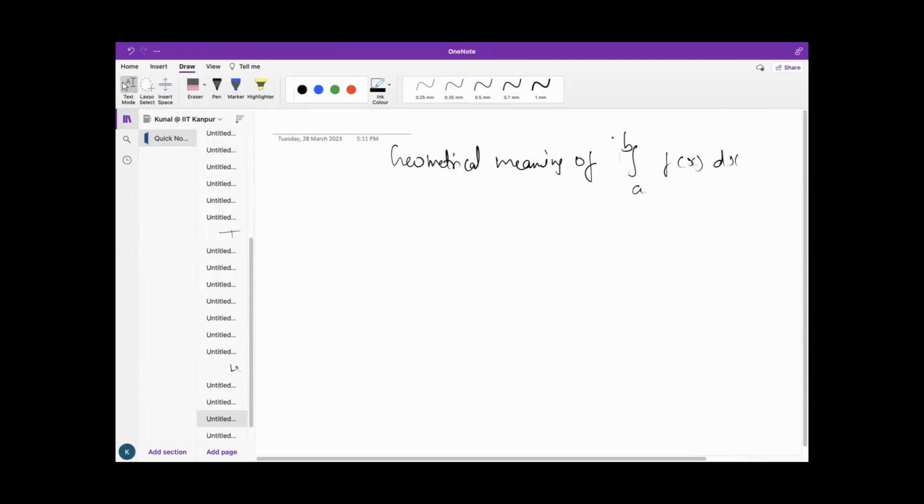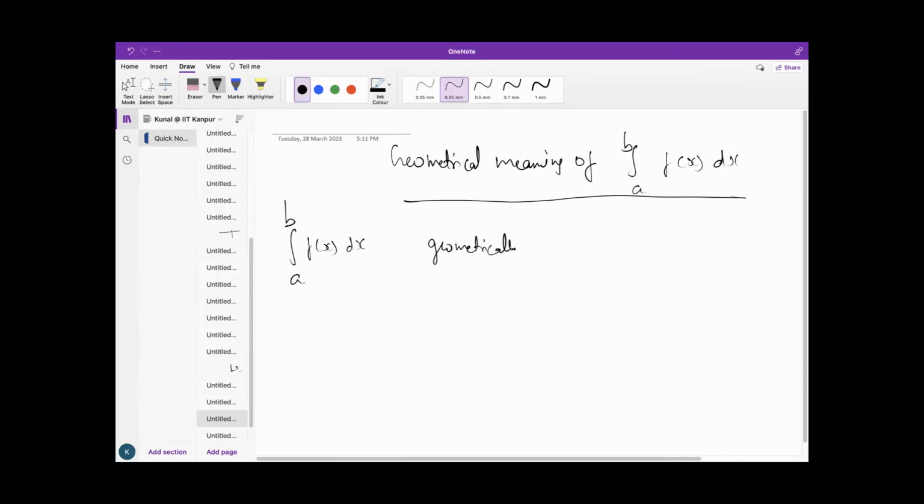It represents the family of parallel curves, right? Now we are going to study the geometrical meaning of the definite integral. So actually, the integral of f(x) dx from a to b geometrically implies